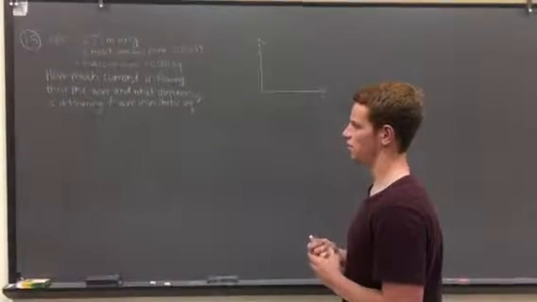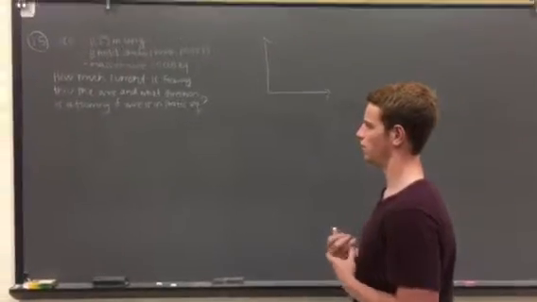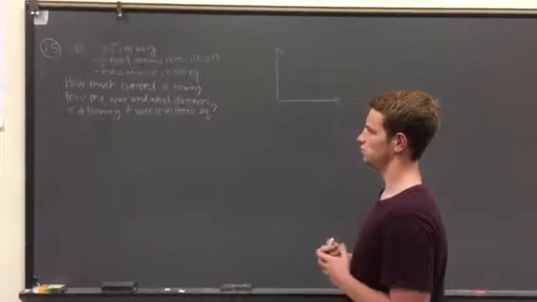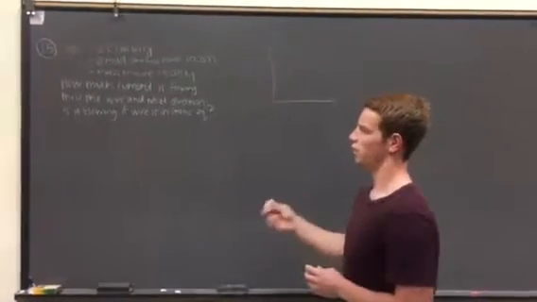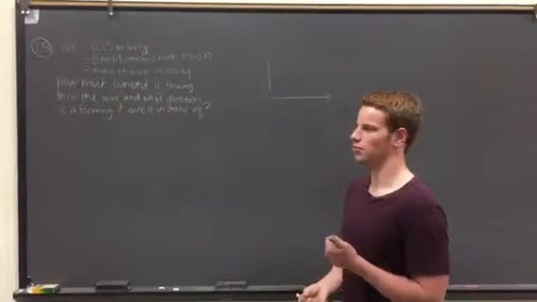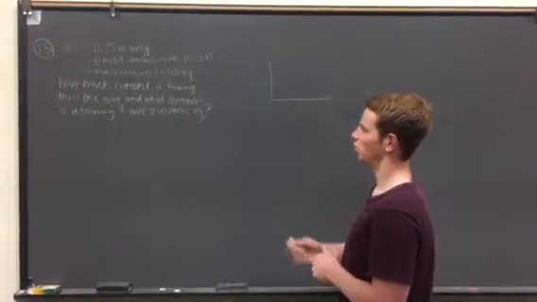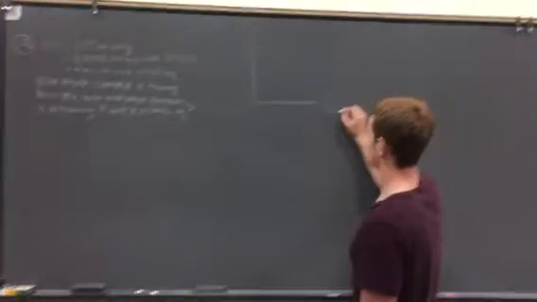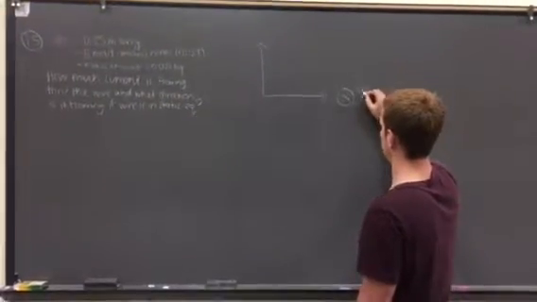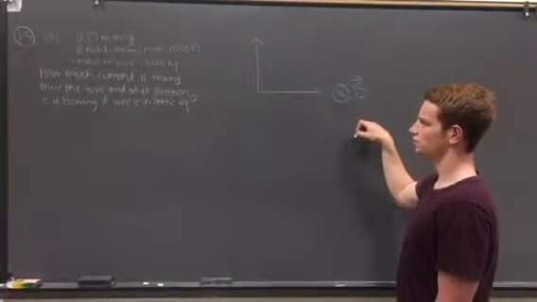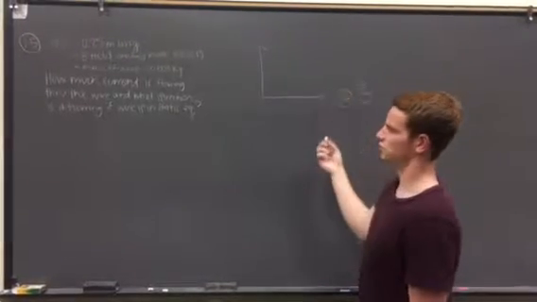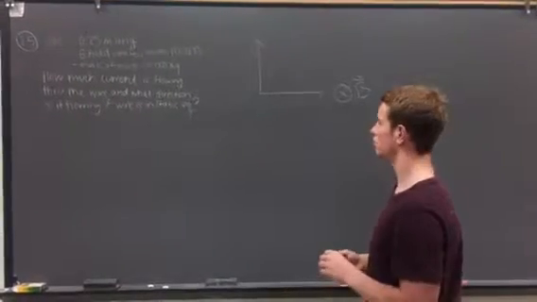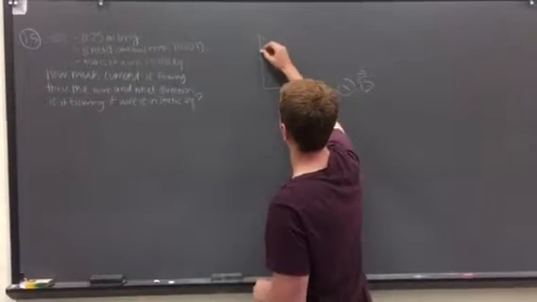But for now, let's determine the direction that the current is flowing in the wire. So I think the first thing to note is that we do need to introduce a third dimension, because when you take the cross product of two dimensions, it's going to give you the perpendicular vector in the third dimension. So when they say that the magnetic field is directed north, I'm going to call that into the board. And the reason I'm doing that is because if north is into the board, we can say that our force is going to be upward, because that's going to be opposing the gravitational force downward. So we know that force is up